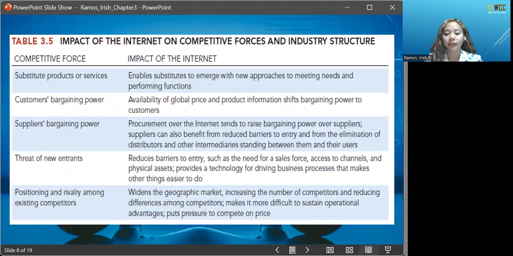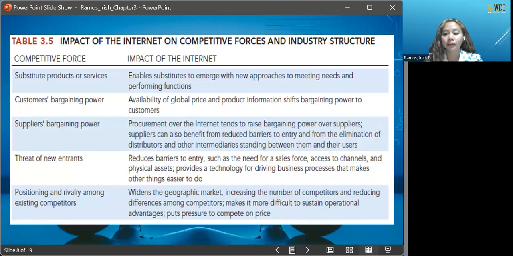According to Porter, the internet has increased competition while maintaining the old competitive dynamics in play. The internet makes it easy for rivals to compete solely on price and for new competitors to enter the market. This increases the negotiating power of clients as they can easily find the lowest price provider online. Some of the potentially detrimental effects of the internet on commercial enterprises that Porter recognized are compiled in Table 3.5.